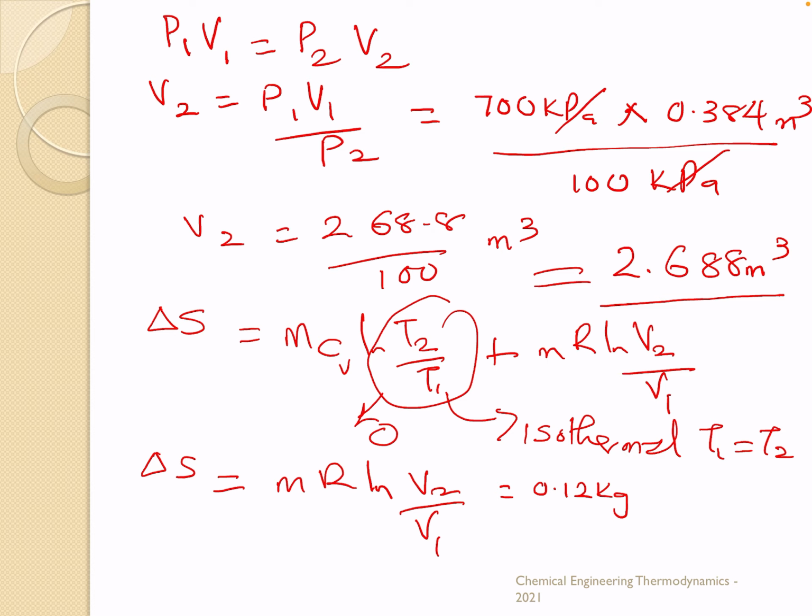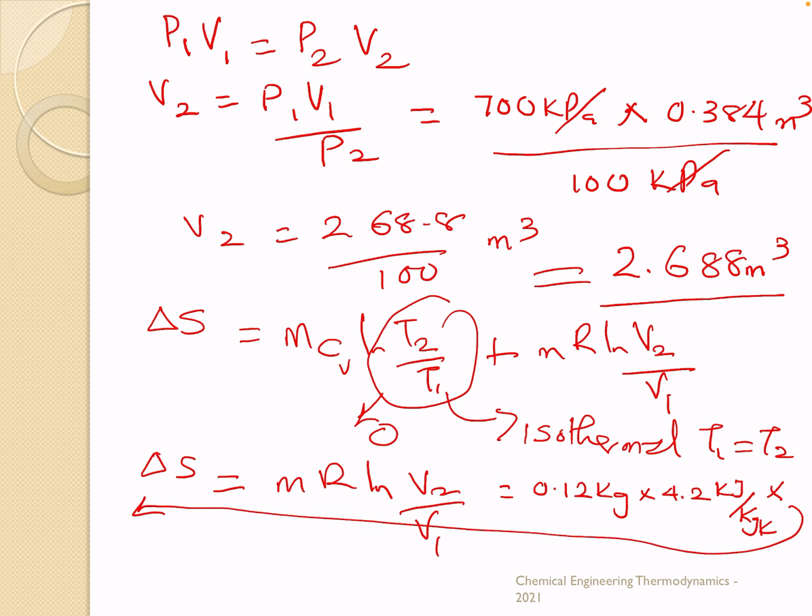We have our R, 4.2 kilojoules per kilogram Kelvin, and then multiplied by the other part, let me write it here because we don't have enough space there, which will be ln 2.688 over 0.384. So if you cut those ones out, you will be left with a couple of values,